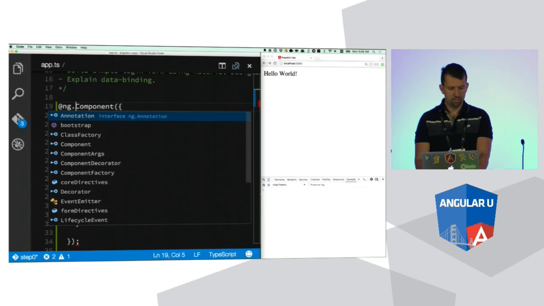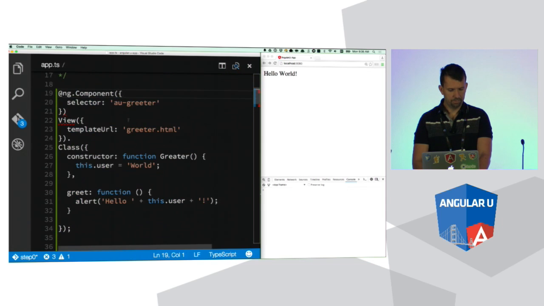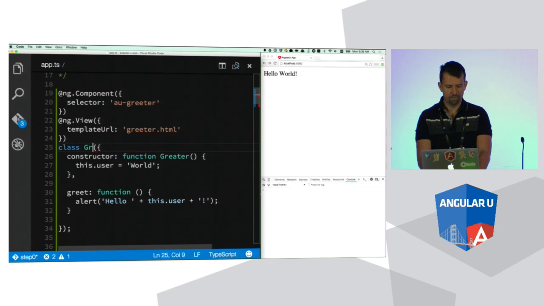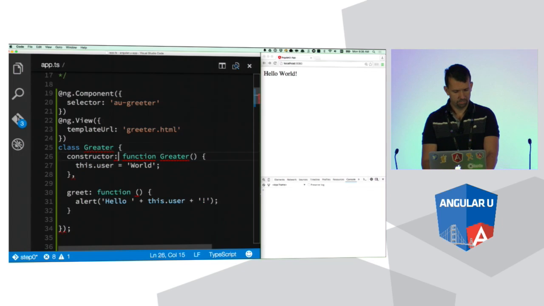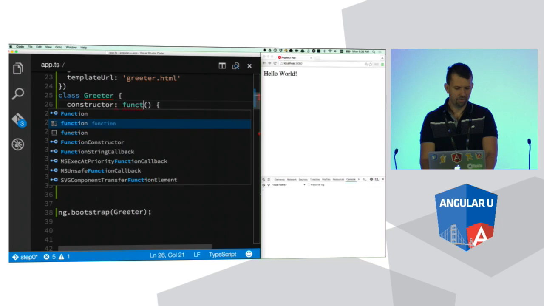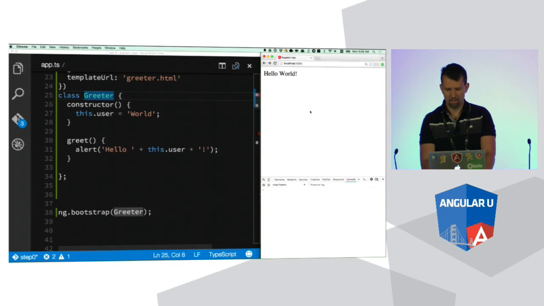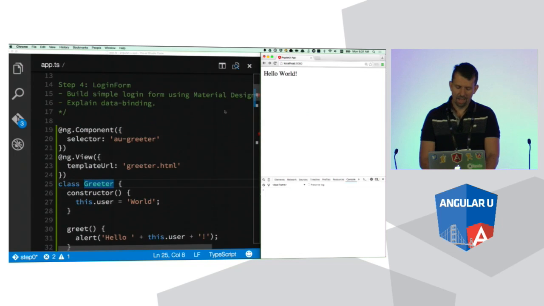So we would say add ng component. Let me just unindent. And so now it's becoming obvious why we chose that particular syntax for writing it in ES5. I am constantly misspelling things, am I not? Okay, so we have a constructor, and we have our greet, and let's see. All right, so now we have this in